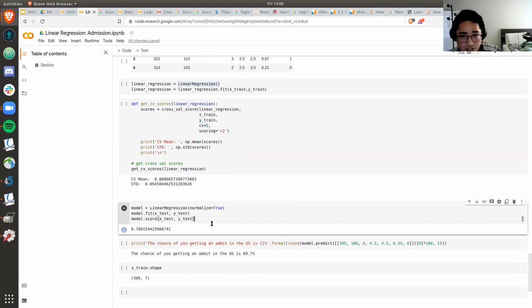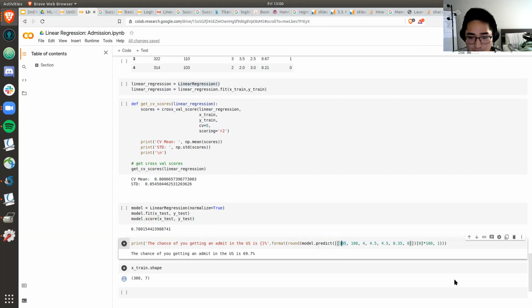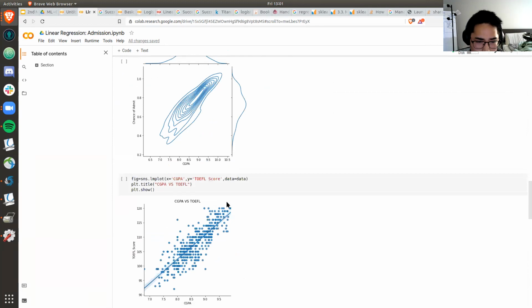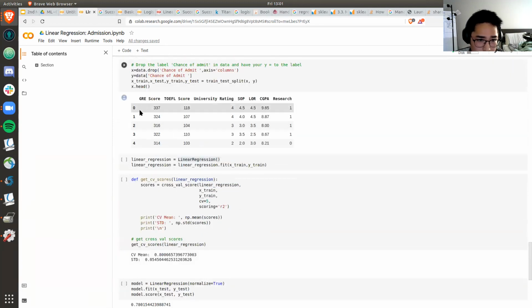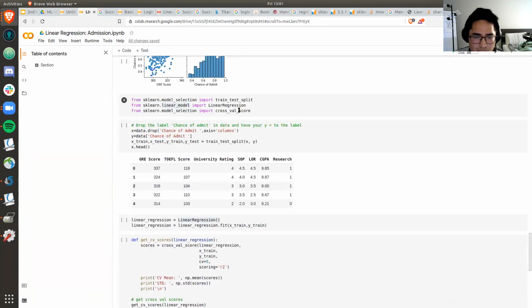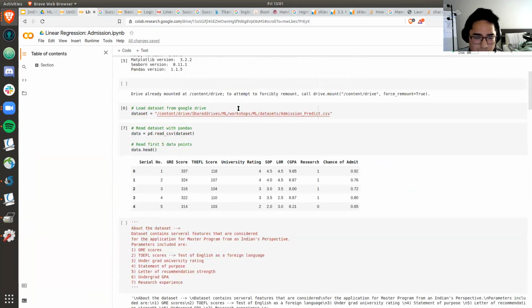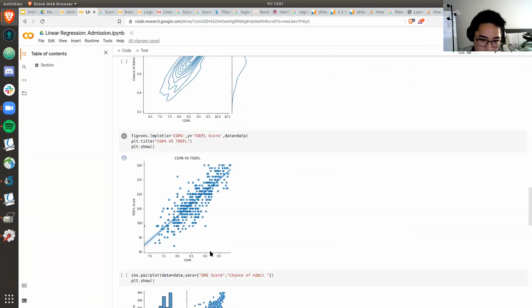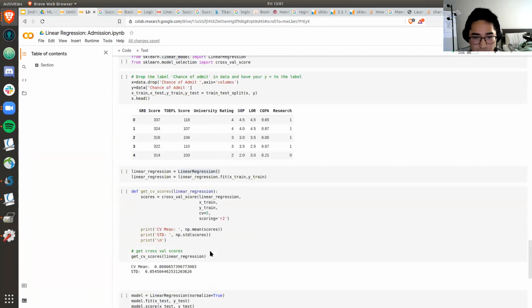And now when you guys test this out, you can input different types of values into your model. Like what we said, we have several different parameters that we were considering. We have the GRE score, the TOEFL score, university rating, SOP, what did SOP stand for again? Ah, your statement of purpose, letter of recommendation, your GPA, etc. So you have all these parameters.